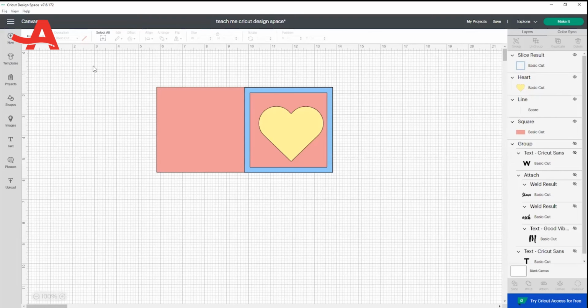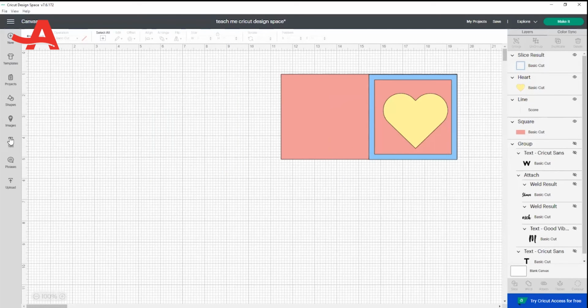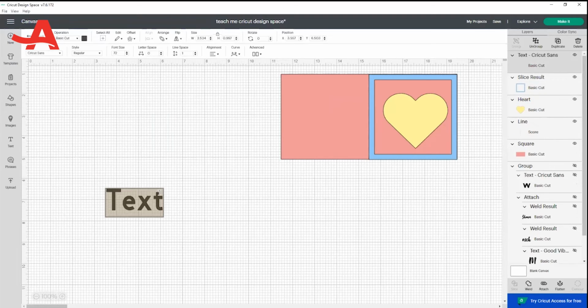Okay, then I'm going to go on to text. I'm just going to group this all together. Slide it over here. So right here is our text button in Cricut Design Space. If I click on that, the word text comes up. You just start typing,